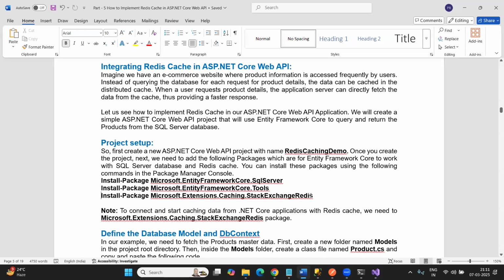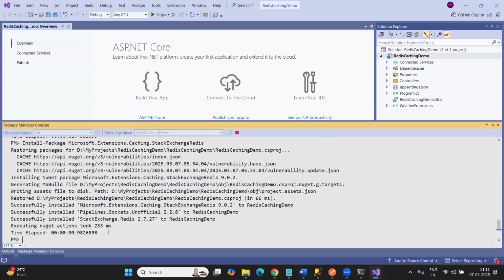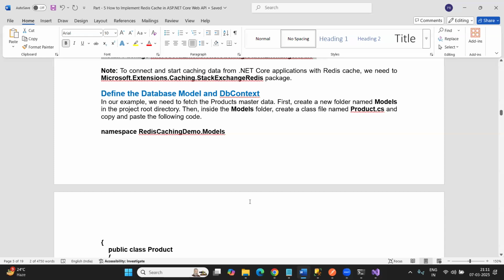And the third package, StackExchange Redis, will provide the support to implement, or you can say integrate, distributed Redis cache in our application. Clear, guys? What are the packages we have to install? Okay, now, as I'm going to communicate with the database using Entity Framework Core,